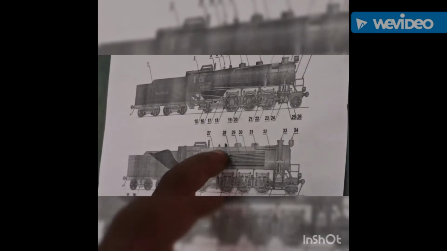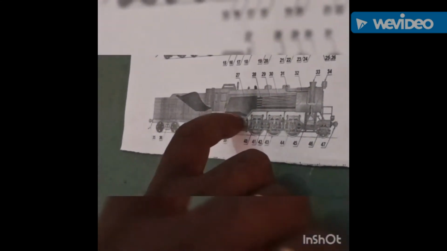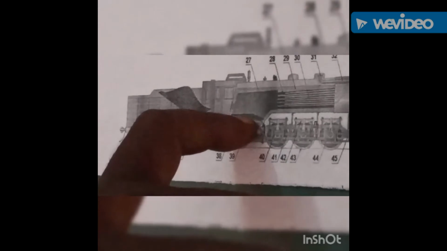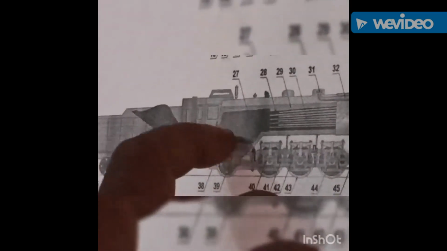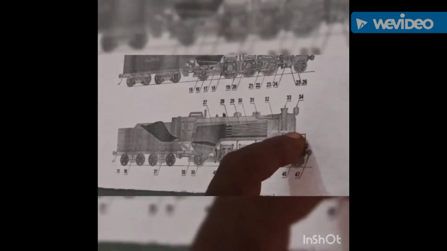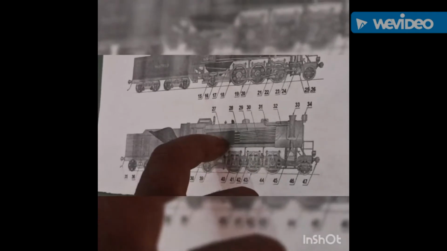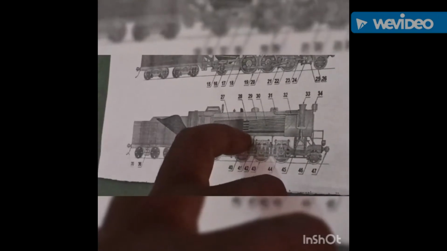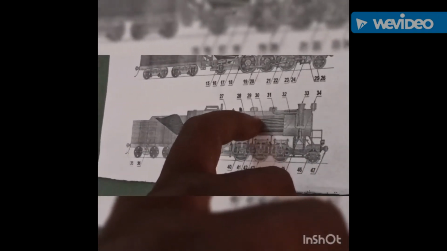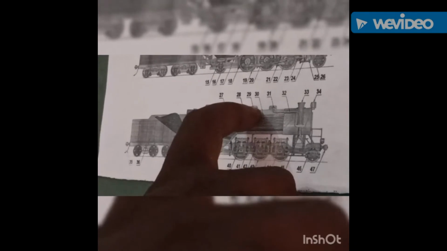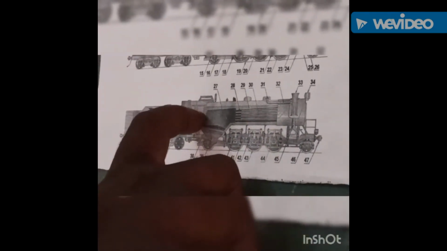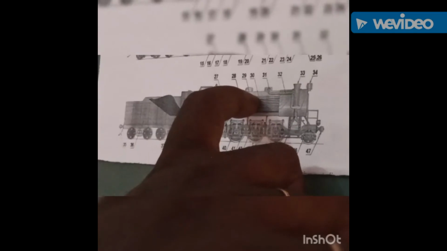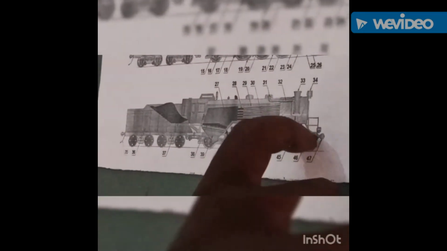27 is the firebox. You can see the firebox here where the coal is put inside it and it is burned. From here the flame goes through the copper tube towards the smoke box. When the flame goes into this, the water in the boiler gets heated and the saturated steam is collected in the dome. From the dome, a regulator in the cabin is controlled and